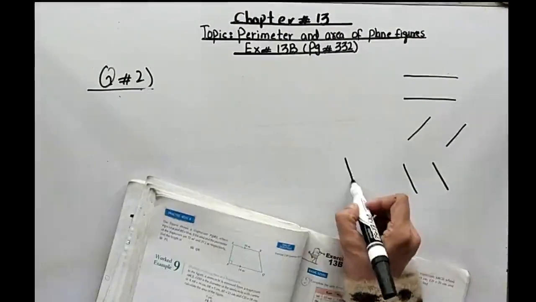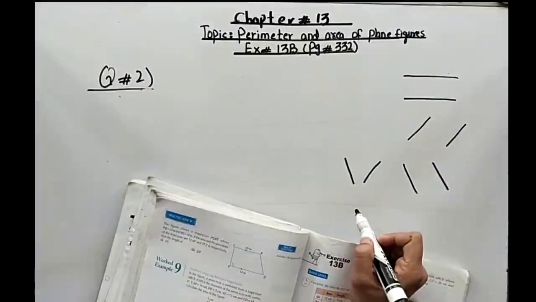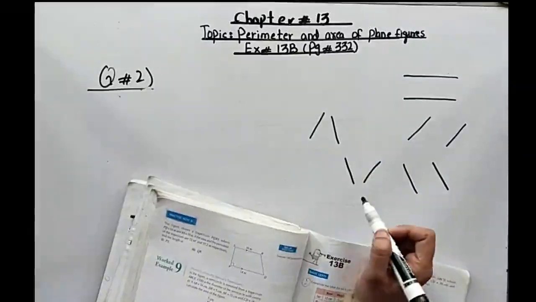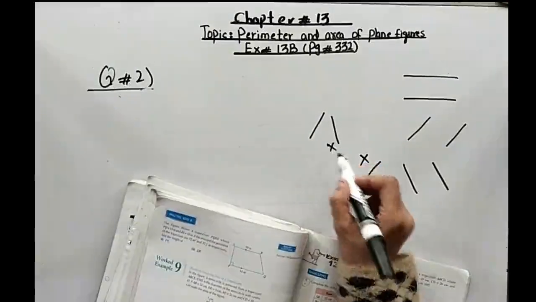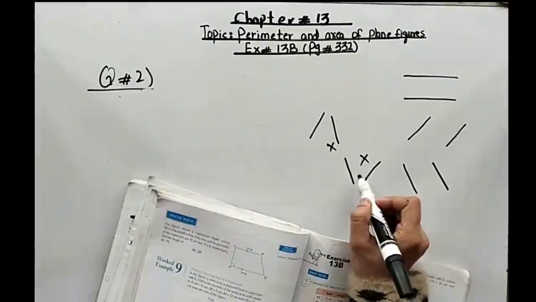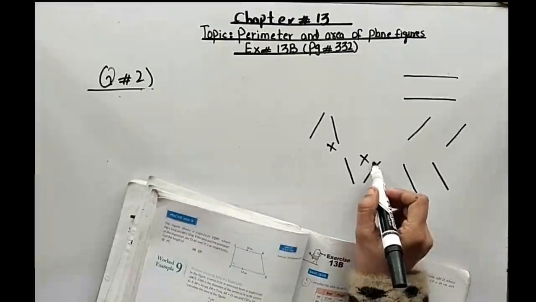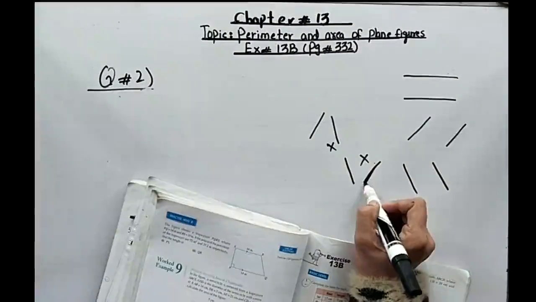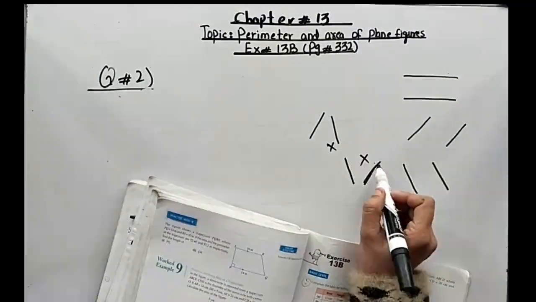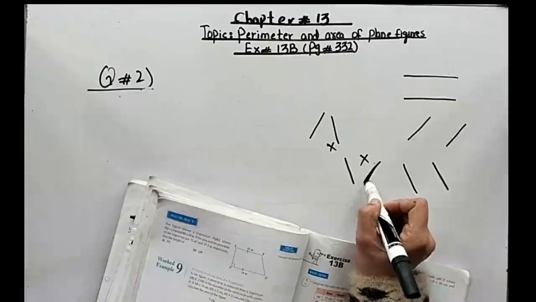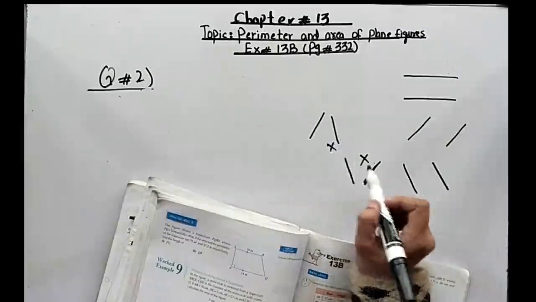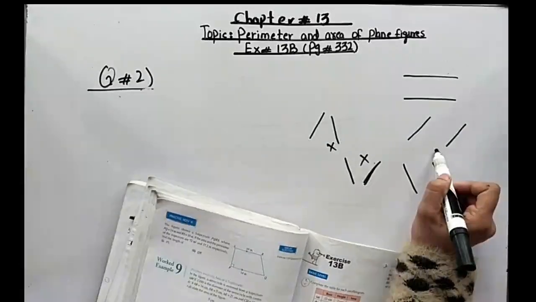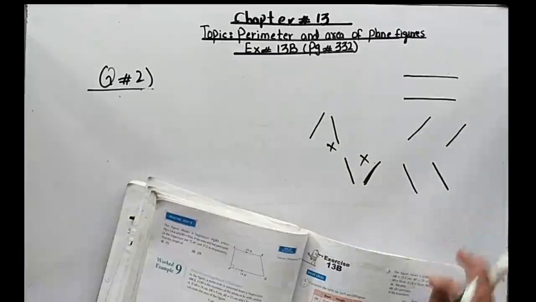But can we say that these two lines are parallel? No. These two lines, are they parallel? No, because they do not have the same distance. At the start they have the largest distance, and when they move down the distance is decreasing, so it means these are not parallel. And these two lines are parallel because throughout they have the same distance. Fine, got it beta?